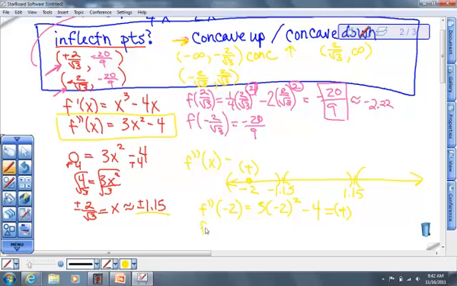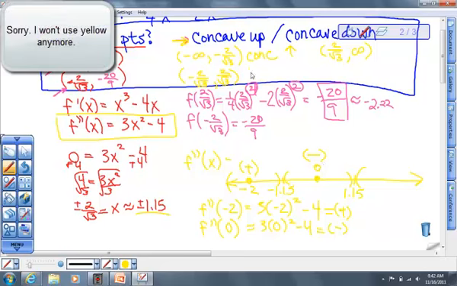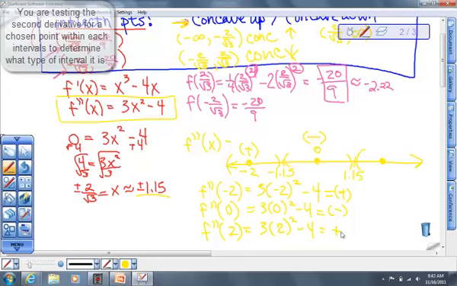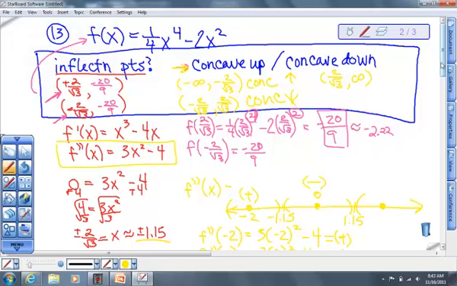And then f double prime of, I'm going to test in our 0. That is going to be negative. So I'm going to put my negative sign in there. This is going to be negative. So therefore, this tells me I have a conc down interval. And lastly, I'm just going to plug in maybe 2. You could have plugged in anything to the right of that 1.15, but I'll plug in 2. Once again, that's going to be positive. So here, that last one, this is conc up